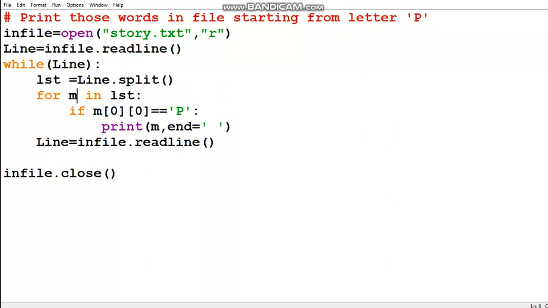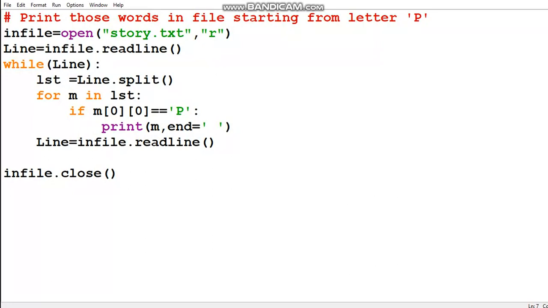Suppose this is the example of the split data. In M we will have print. So 0th and again 0.